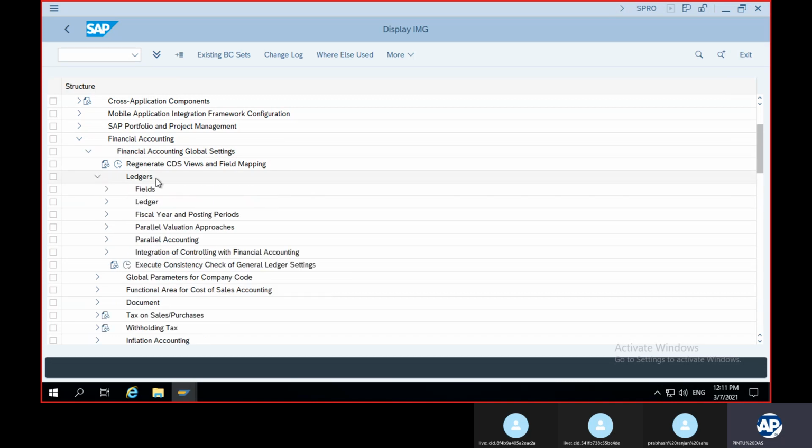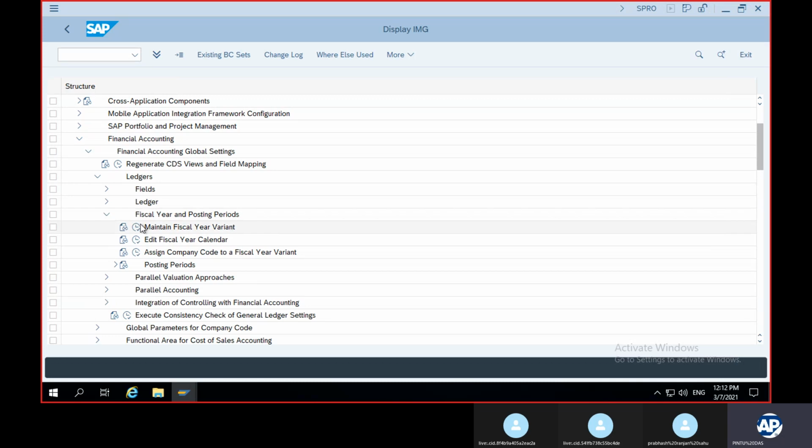From the ledgers, you move to fiscal year and posting periods. You can see this fiscal year and posting periods. We'll be configuring this step first. Under this, the first one is maintain fiscal year variant.